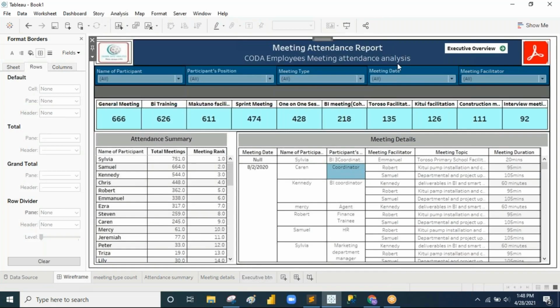So now we can start off on the main parts. For the wireframe,